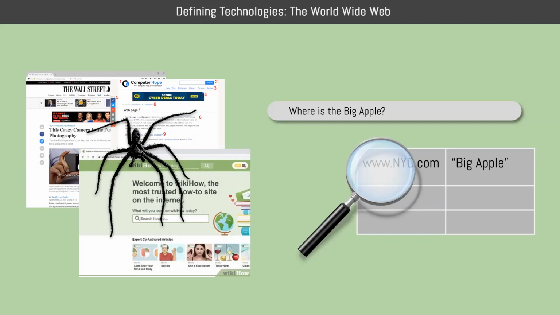The third process is searching. There are two ways to search using a search engine. The first way is by using a Uniform Resource Locator, or URL for short. A URL is a unique address given to each web page on the web. This is in plain text and looks something like